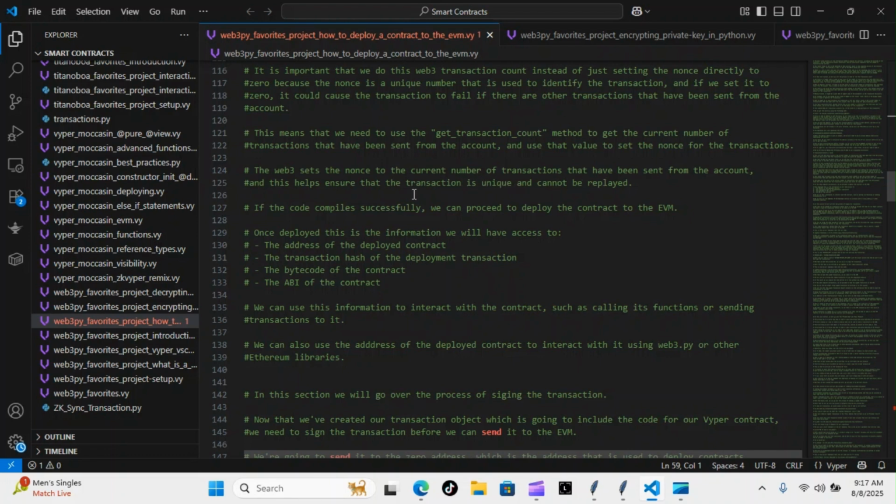If the code compiles successfully, we can proceed to deploy the contract to the EVM. Once deployed, this is the information we have access to. We get the address of the deployed contract, the transaction hash of the deployed transaction, the bytecode of the contract, and the ABI of the contract. We can use this information to interact with the contract, such as calling its functions or sending transactions to it. We can also use the address of the deployed contract to interact with it using Web3Py or other Ethereum